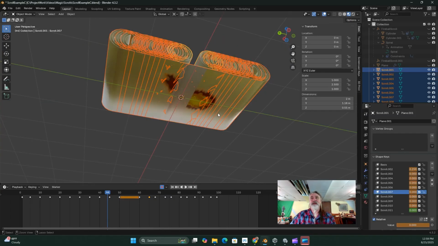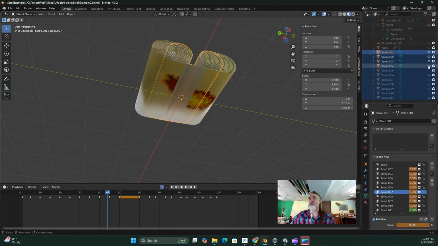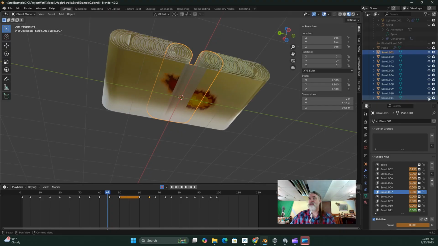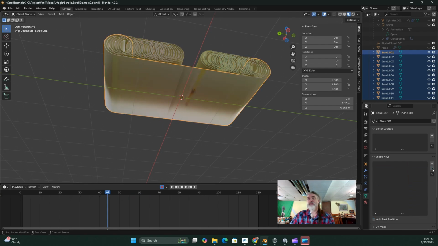I'm going to control Z a couple of times, get things back to how they were. All right, so we can see that the scroll that I worked on is still looking okay. And we're just going to go ahead and see if we can fix this. Now, the problem is the shape keys. Shape keys and things like that interfere with UV mapping. So I'm going to get rid of all the shape keys